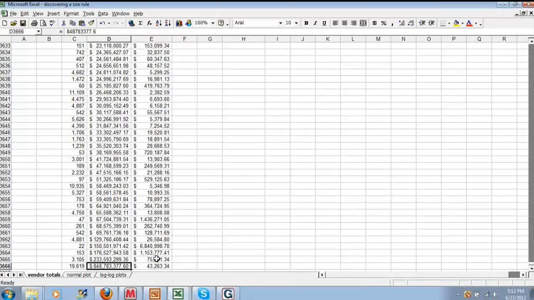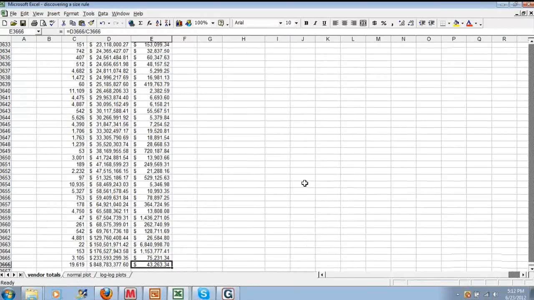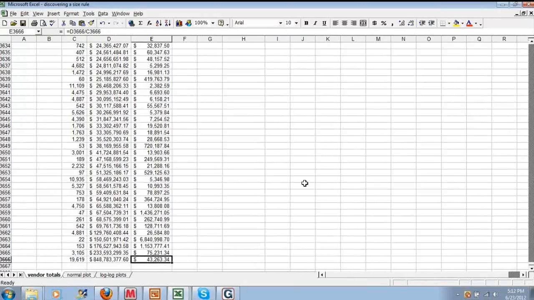And then, of course, column E is just the average value. So we have $848 million worth of transactions for the largest of the vendors. And that was broken down in 19,619 individual invoices, and thus the average is about $43,000 per invoice.